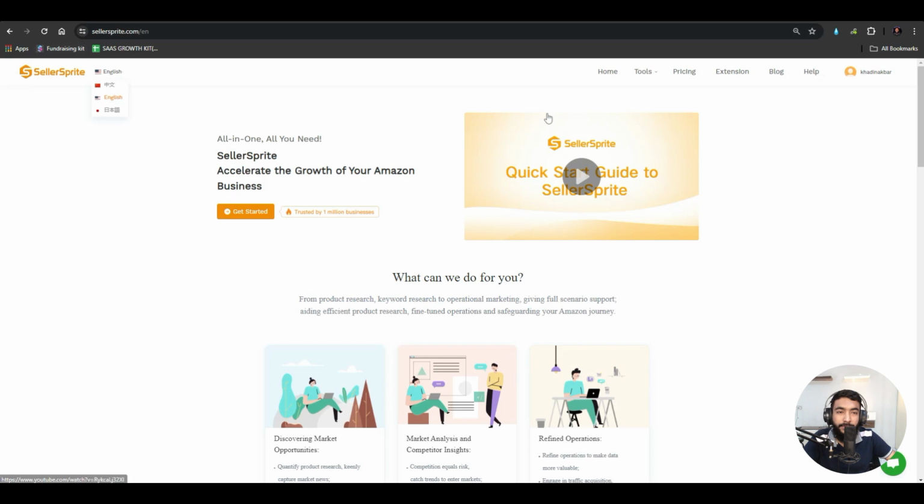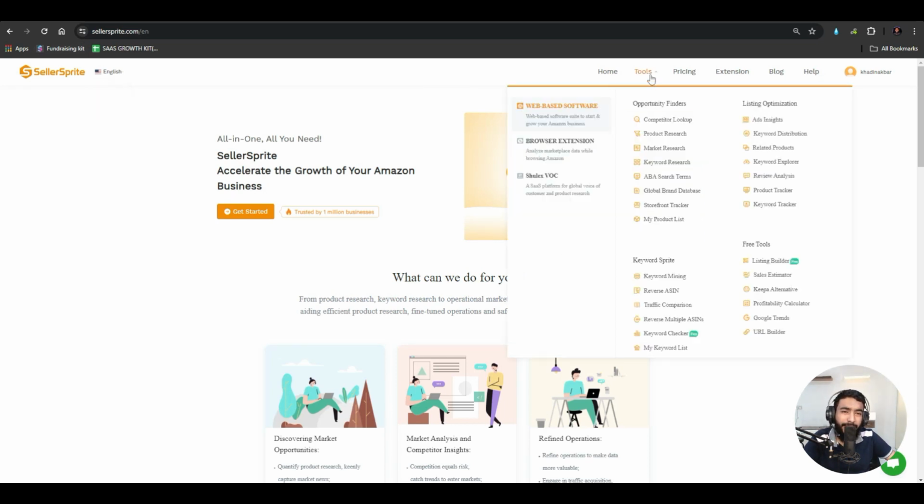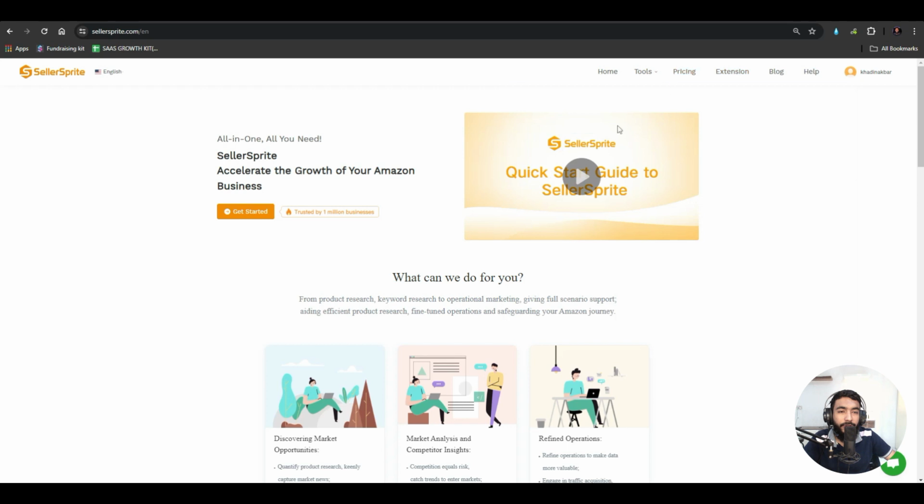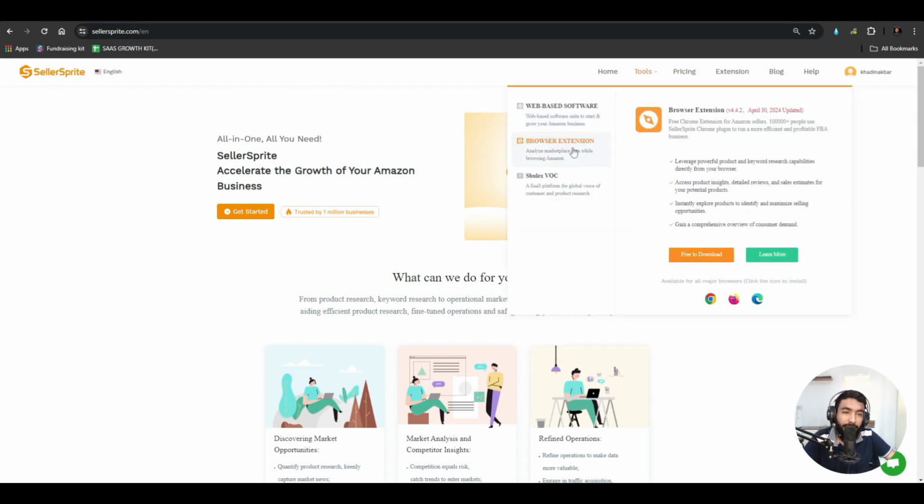But when it comes to Sellersprite, they have a simple and sleek dashboard. They have tools. They also offer the API, and they have some free tools like listing builder, sales estimator, keepa alternative, profitability calculator, Google Trends, and URL builder. They also offer a browser extension with a lot of keyword research capabilities. You can do sales estimates, get an overview of consumer demand, and explore a lot of products using this extension, and you can download it for free for Chrome,